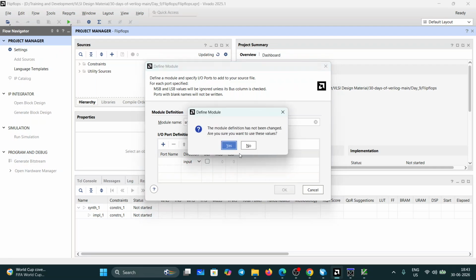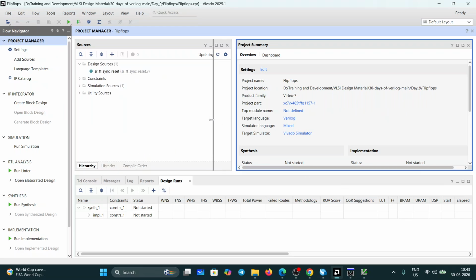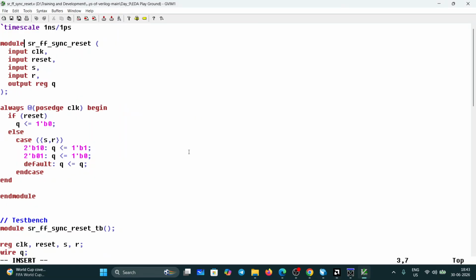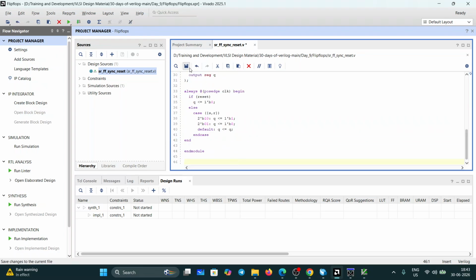Module name also same I want to give. So here my design source is created. So just copy this RTL file, save,